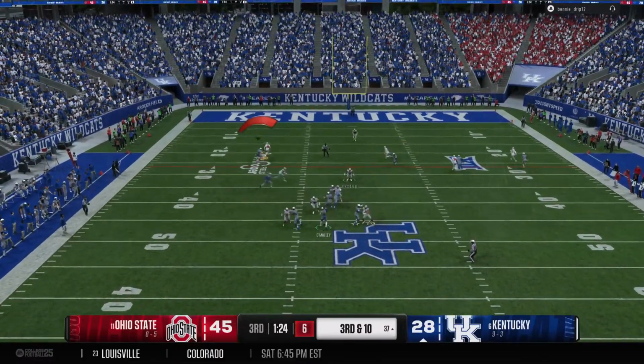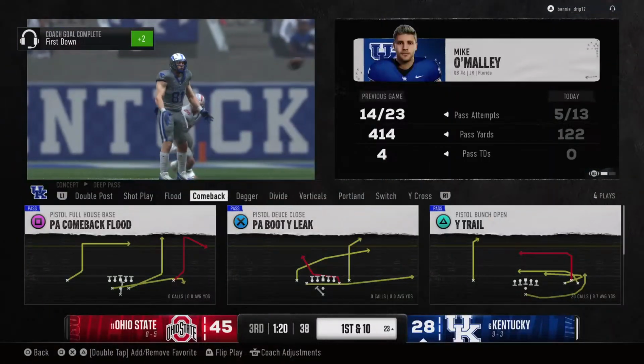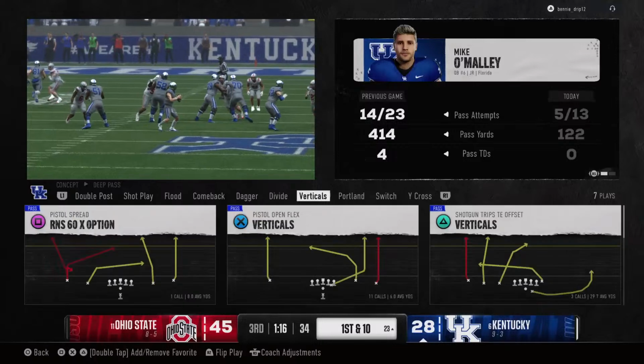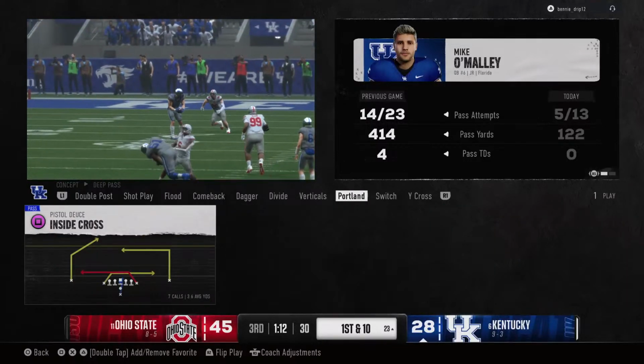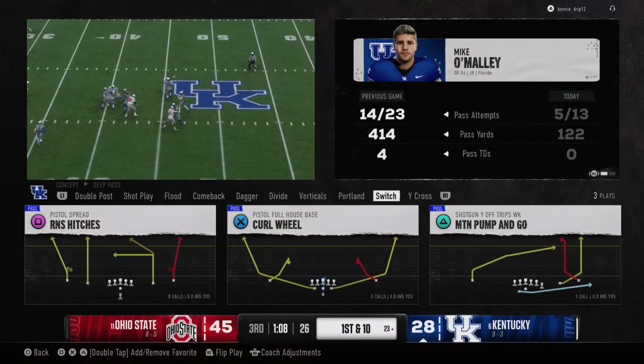Dropping back, looking to throw for the first down. Looks downfield and connects with a wide-open wide receiver. Tackle is made, but the junior quarterback shows off his arm strength that time. Good job by this offensive line, and a great throw by the quarterback to get that first down there on third down. It's exactly what they needed to do.